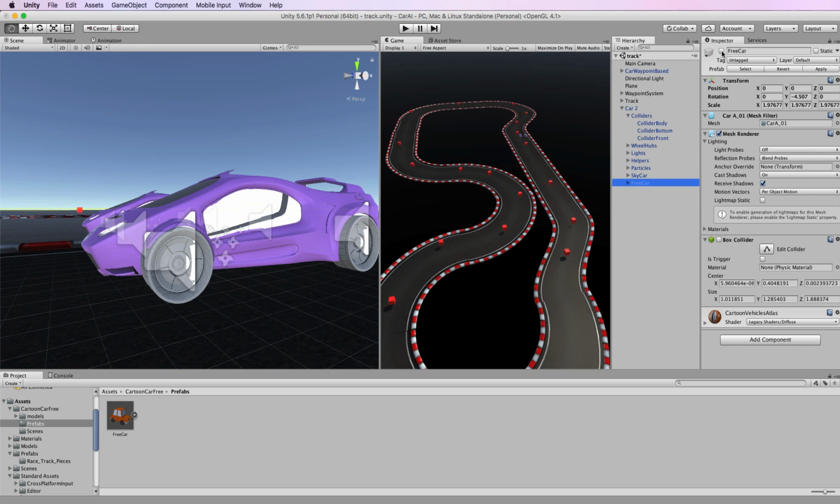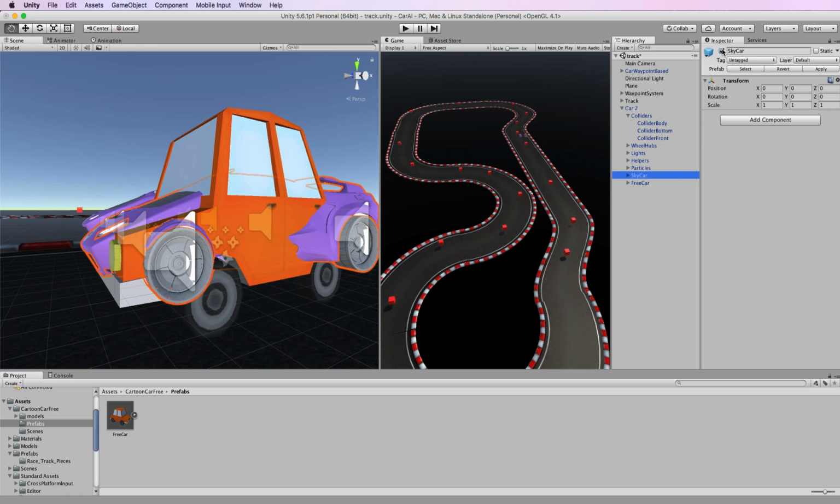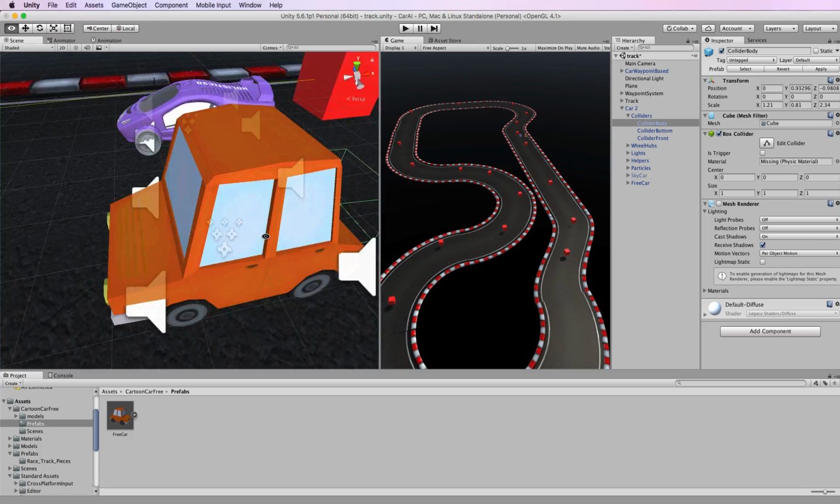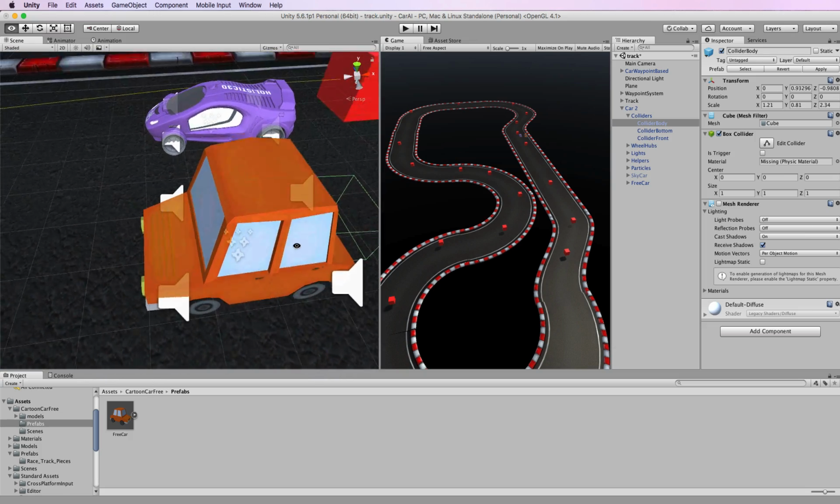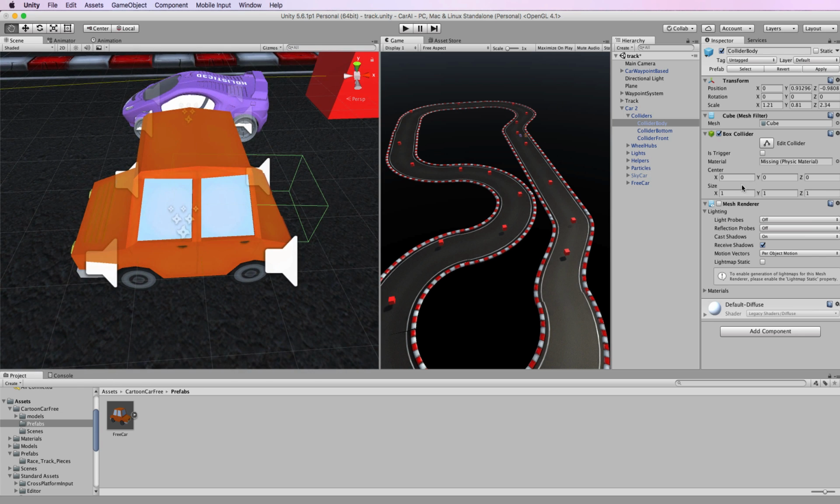So if we turn the free car back on and I'll turn the Sky car off, we can now align these colliders. So if we grab hold of the body collider and have a look at where that is, we can then adjust it so that it fits nicely over the body of the car. So if we just move it around,